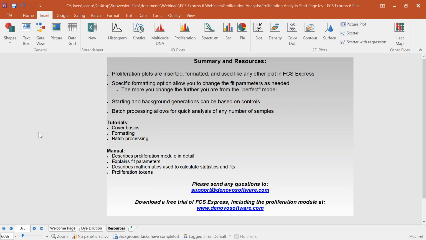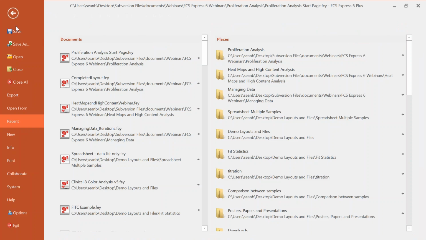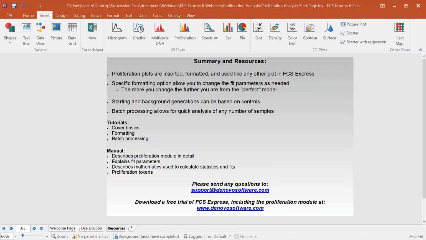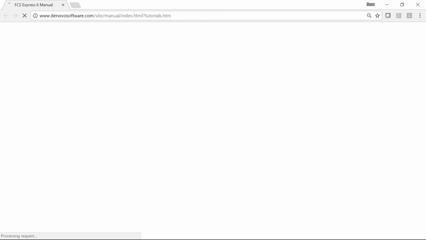In this case, we just looked at 2 samples and 2 controls, but it's very easy to extrapolate and scale up to 20 samples, 200, 2,000, it doesn't matter. Now, outside of the webinars, we do have a number of tutorials that cover the basics, formatting, and batch processing. So if you're more of a written learner, you can come into the FCS Express manual, you can come into the tutorials, you can access these from our website,